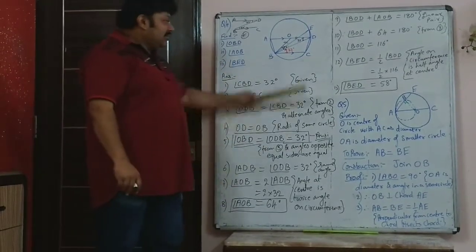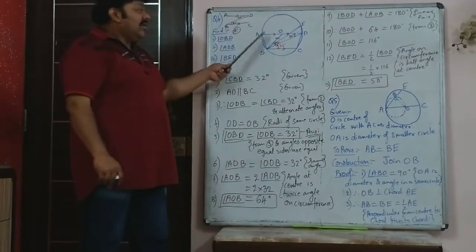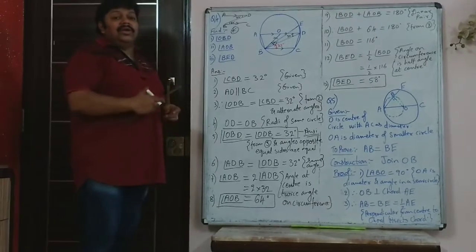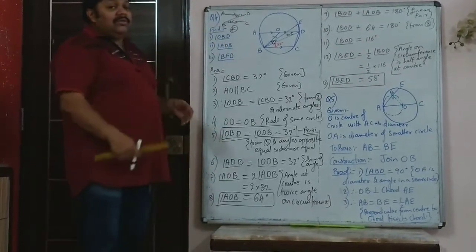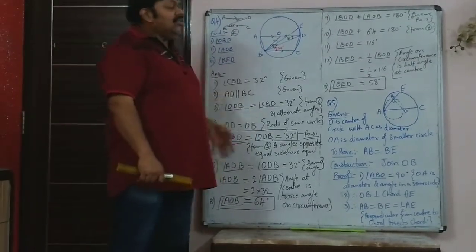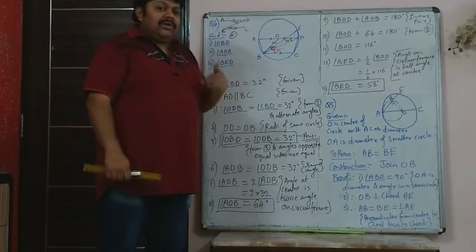So this fourth question is important. You have to know what is alternate angles, and then you have to imagine which is the angle at the circumference and the corresponding angle at the center. And that visualization and understanding will come only if you do the same sums a couple of times. First time you are just copying it. What I am teaching, you are not using your brain and solving it.